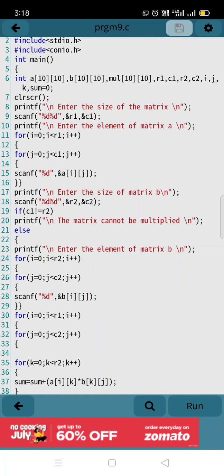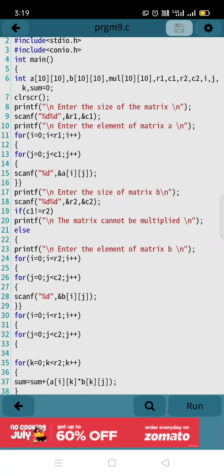And in the multiplication process, how is the multiplication going to happen? Row 1 and column 1 will be multiplied and added, no? You know how to multiply matrices? All of you know how to multiply matrices? Please answer me. Yes, ma'am. So how does it happen, tell me? Row 1 and column 1 will be multiplied and added, right? Correct? Yes, ma'am. So for that purpose we are taking a condition here, that is what?